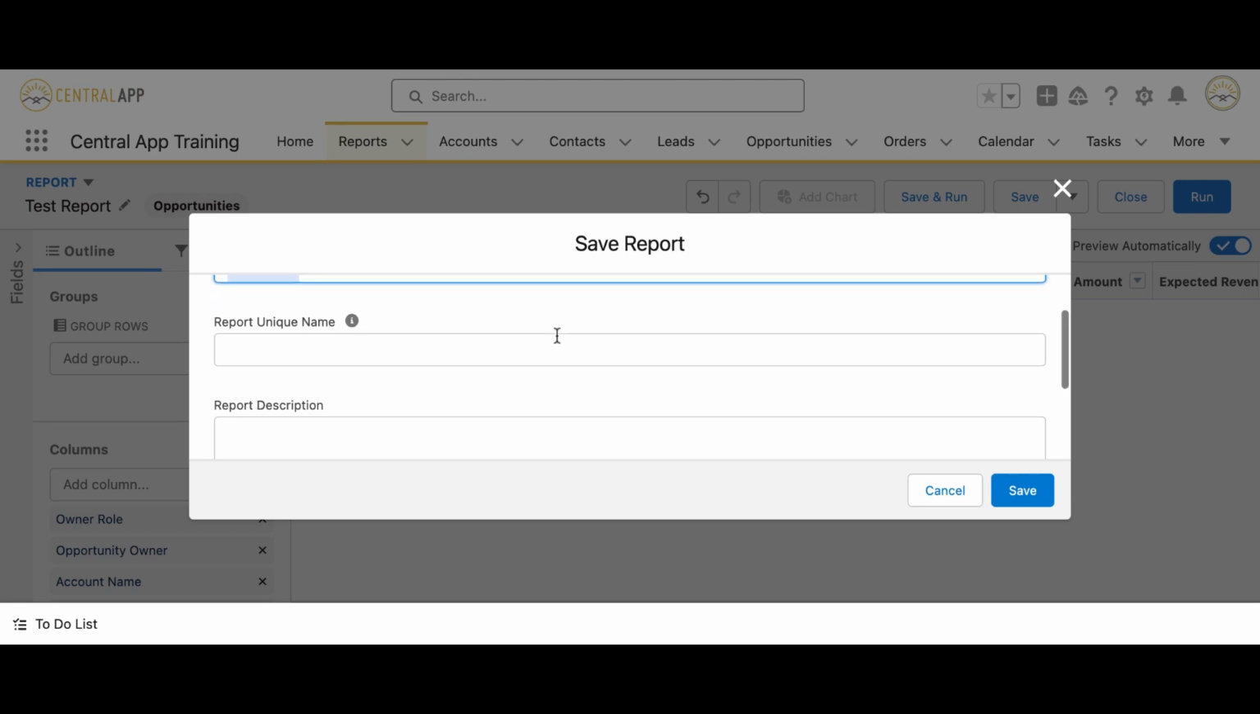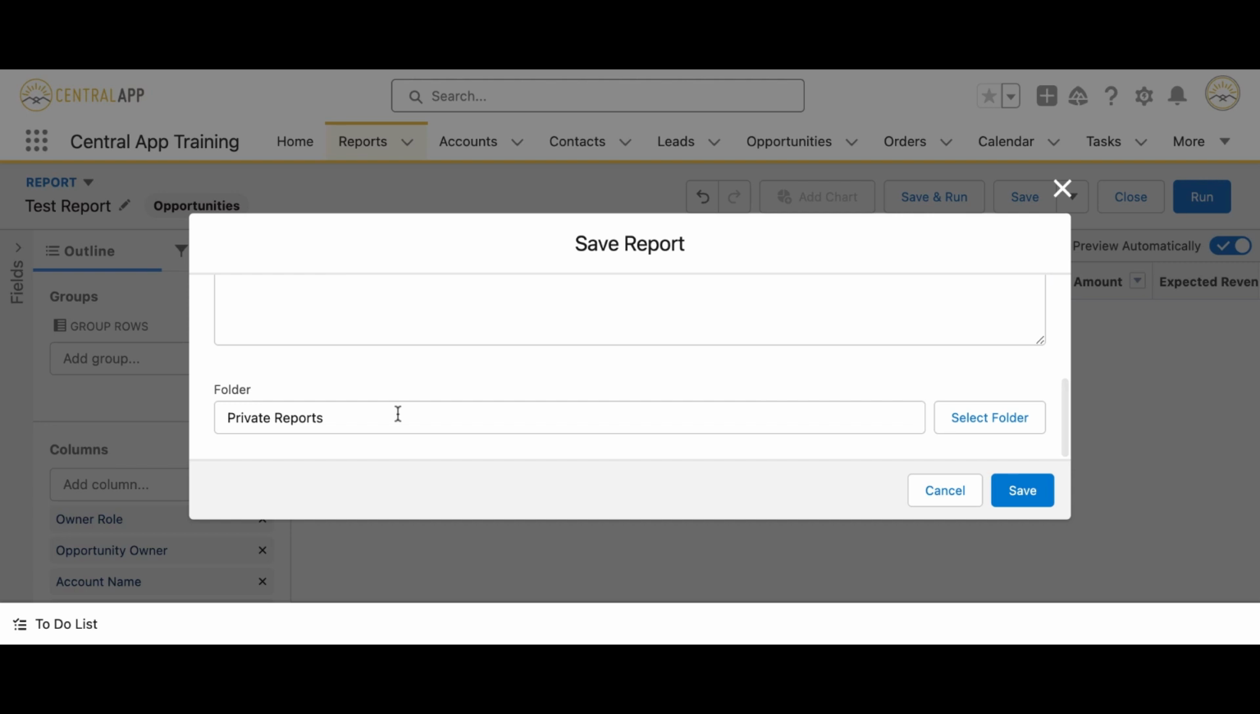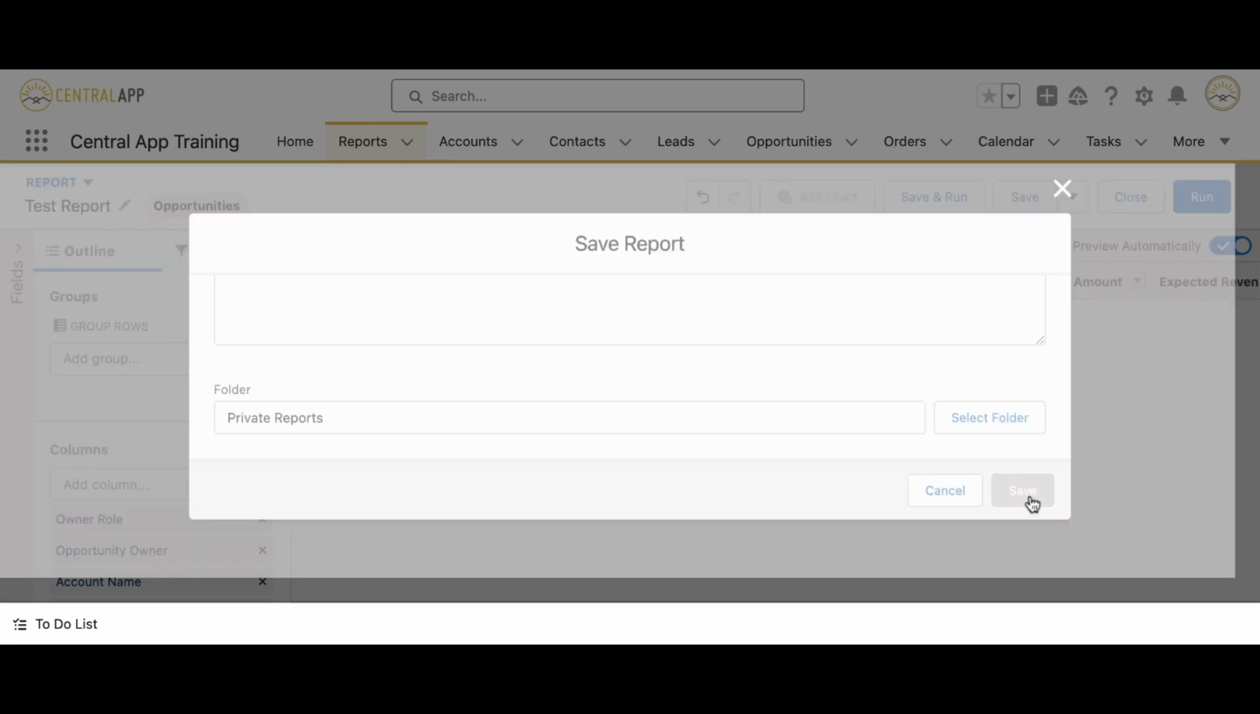We're going to skip that for right now. You can also see the unique name given for your report that will be generated upon saving, and then the folder that it has access to. This is very important when you're building out report folders to make sure that it's in the correct folder and has the correct access to give to people. If you make a report and it's in a private folder, no one outside of yourself will be able to see that. So going in and clicking save,